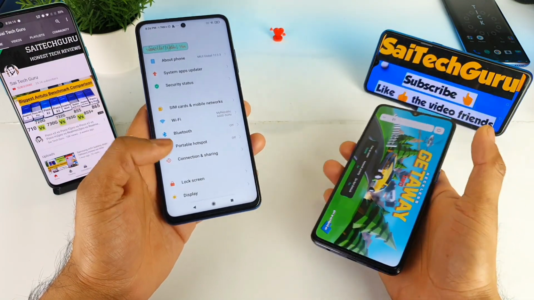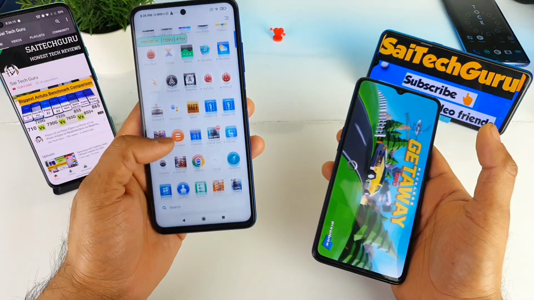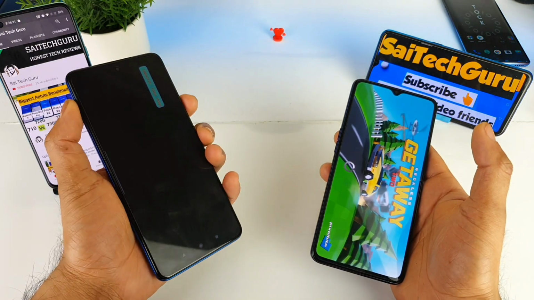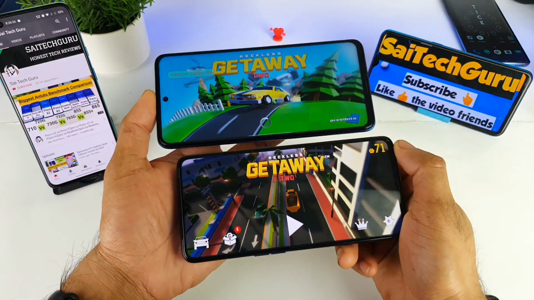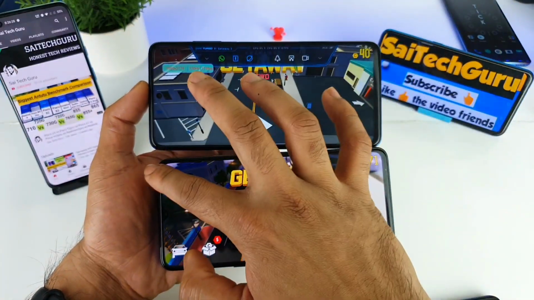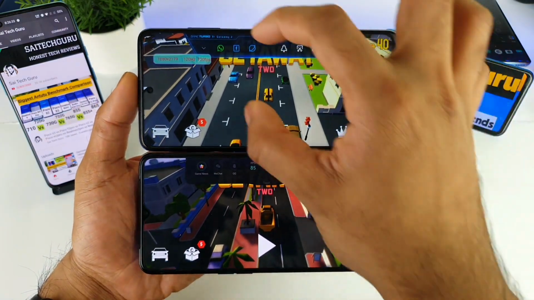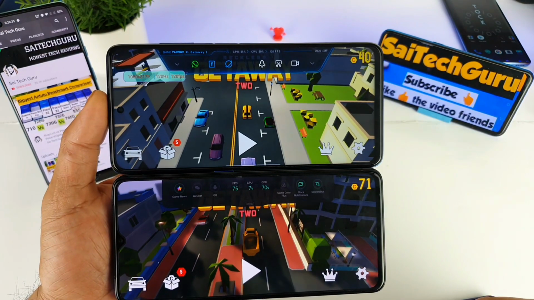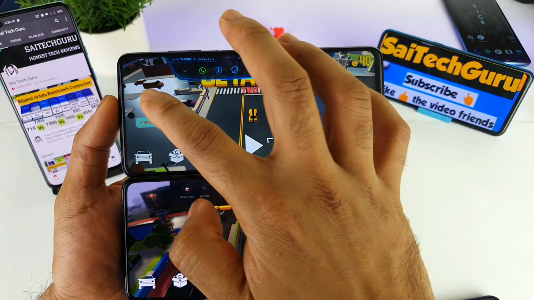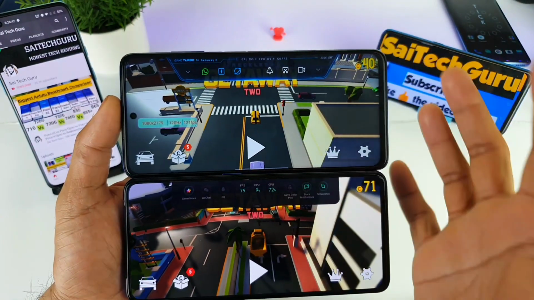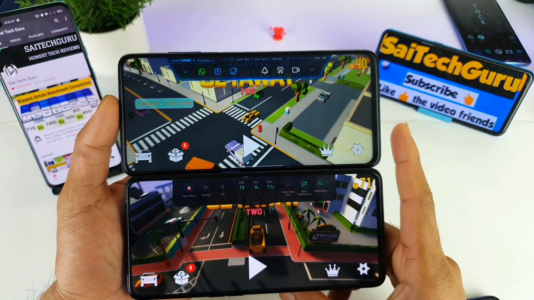So let me try to open one of the games, which actually supports the 120 fps gameplay as well. So let me try to open the same game in the Poco X3 as well. And let me show you what are the differences we do have in this kind of top notification panel in both the phones, because both phones they do have different kinds of notifications in terms of displaying the FPS count meter. So if you're wondering, this is an inbuilt FPS count meter which is available in the Poco. So this doesn't link to the Game Turbo application, this kind of FPS meter. Just for the demonstration, I did use this kind of FPS meter.